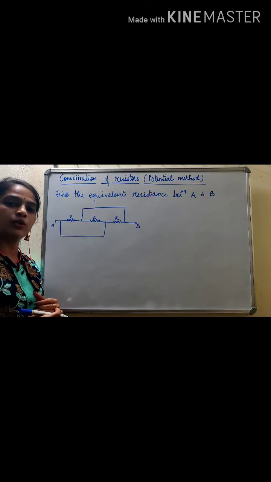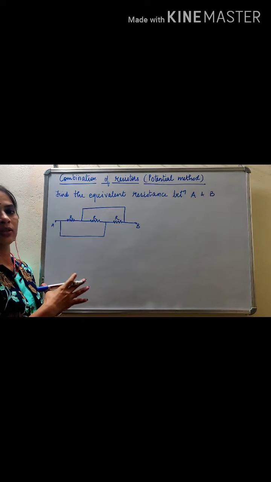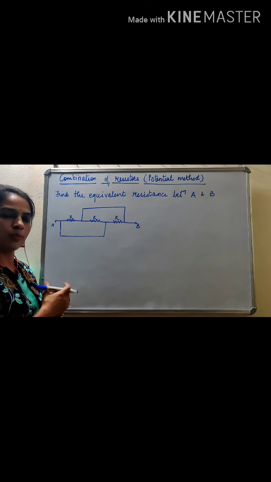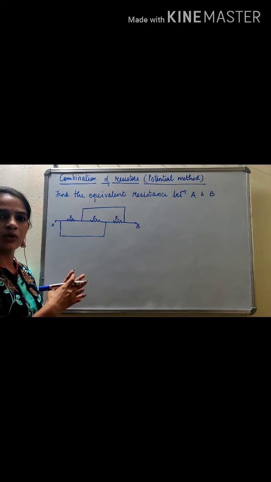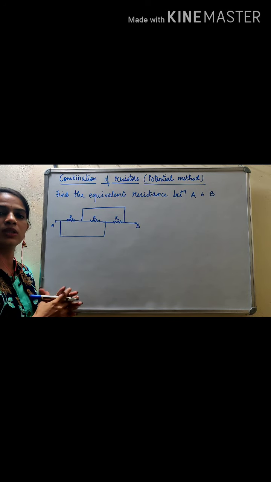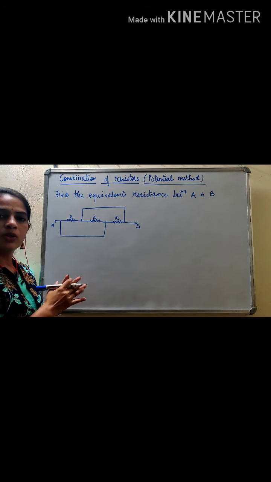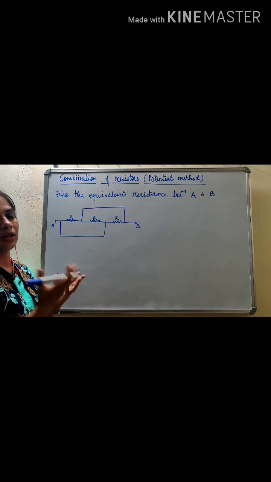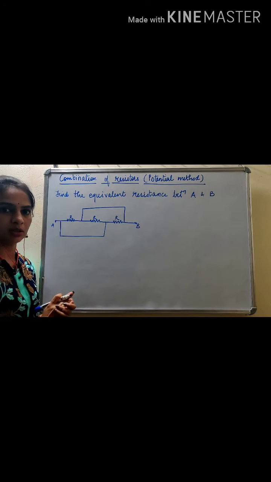This method will be used when, looking at the circuit, you won't be able to find the resistors in series or parallel. In the previous lecture, in whatever examples we've seen, we could make out that these resistors are in parallel, these are in series, and then we go on reducing the circuit by solving it. But this method will be used where you won't find the resistors in parallel nor in series. So there we use this potential method.